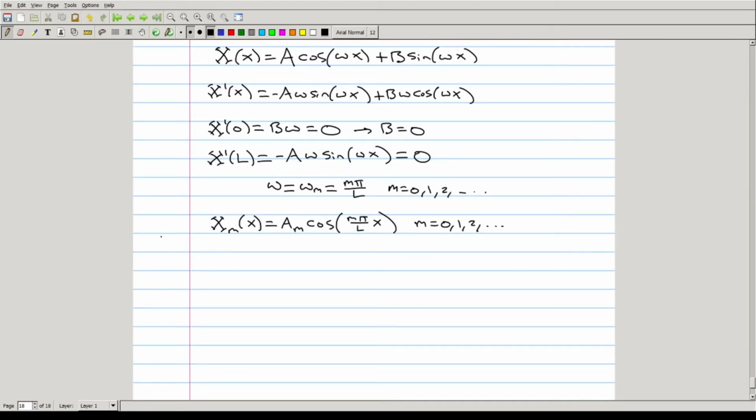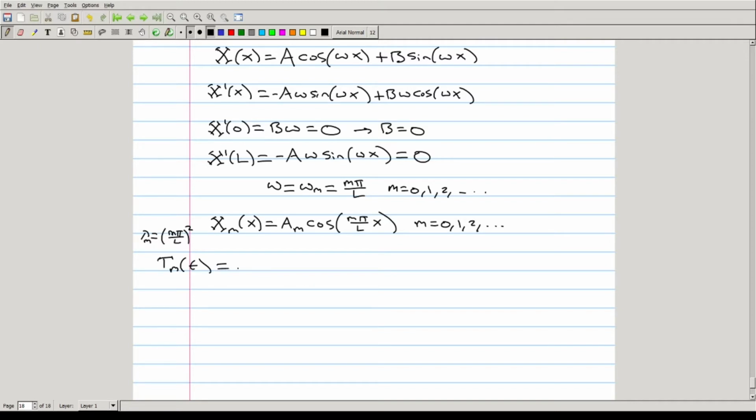But that means that Tm of t, because lambda is equal to m pi over L squared,